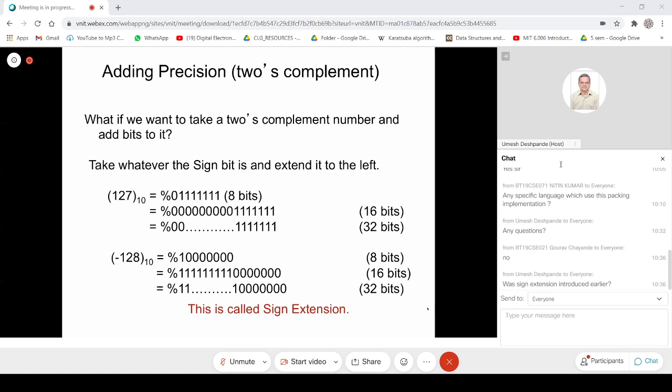And I'm sure this will be introduced in more detail when computer arithmetic is introduced in the computer organization course, the CO course, where these details about these representations would probably be explained. What we are trying to do here, I'm just introducing a gist of all that, so that when we talk about assignment of numbers of different precision, what really happens inside is something that I want everybody to understand.